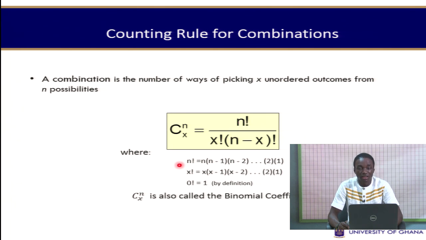Now, n factorial is just n times n minus 1, that is the product of n as it reduces by a value of 1. 0 factorial by definition is also 1. And n combination x is also called the binomial coefficient. In fact, you will see this n combination x arising most of the time in our binomial